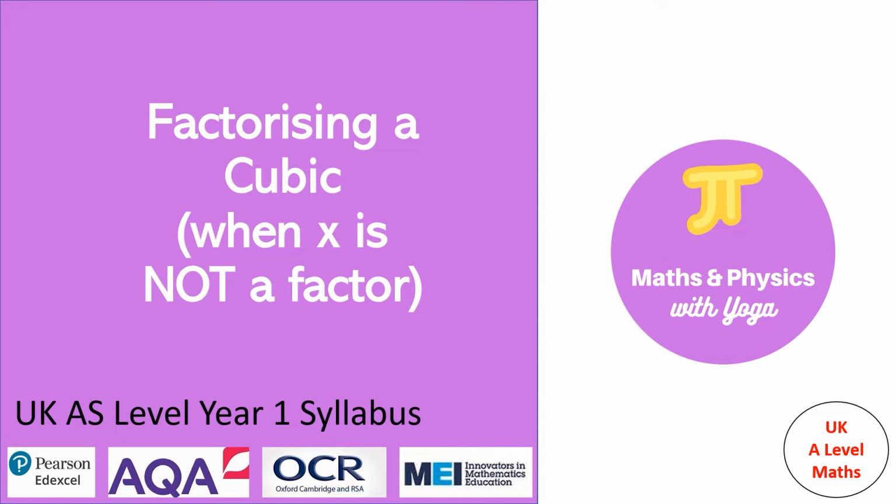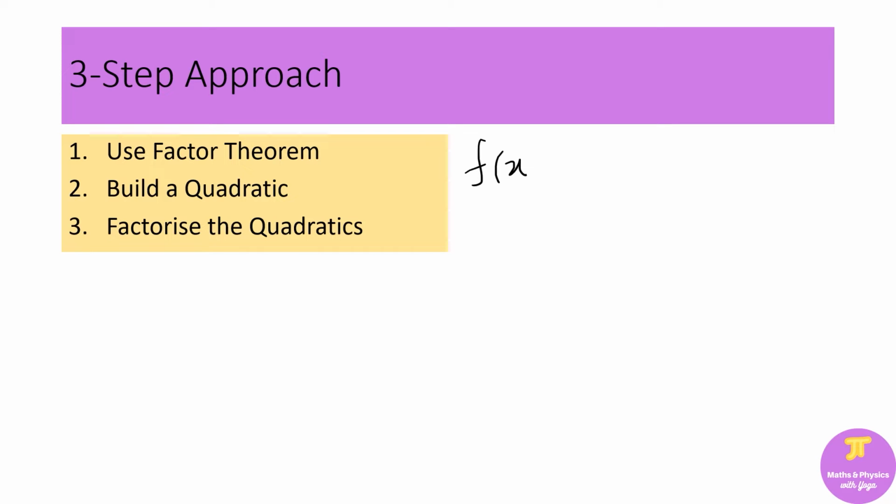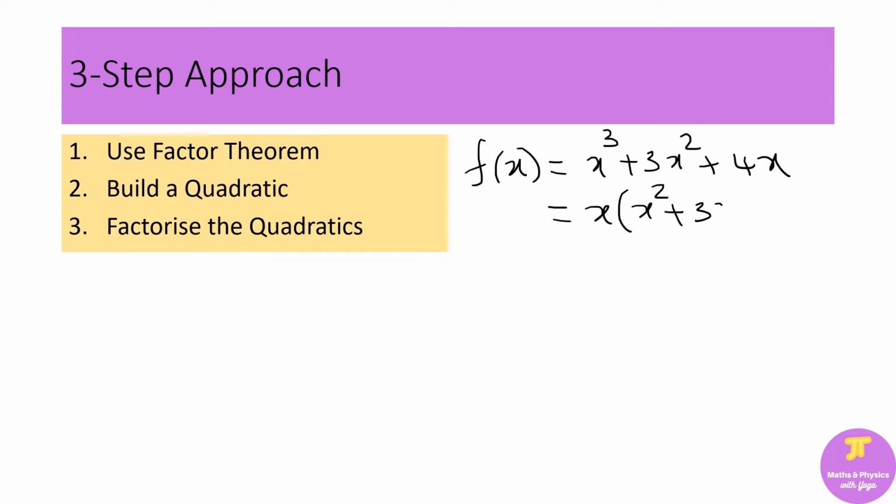In this video we are going to factorize a cubic equation when x is not a factor. Let's have a look at an easy question where x cubed plus 3x squared plus 4x. So this is a cubic function, but x is one of the factors. So if you want to factorize this one, you can take x outside, so you will get x squared plus 3x plus 4, and now you have a quadratic function in the middle, so you can factorize this